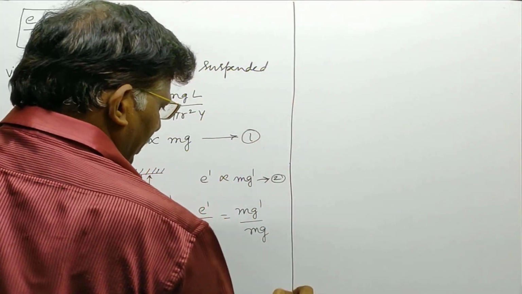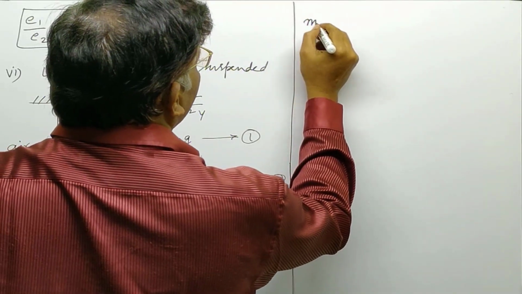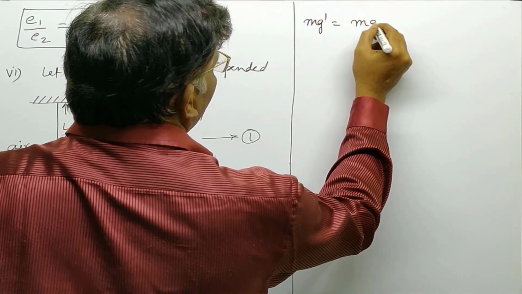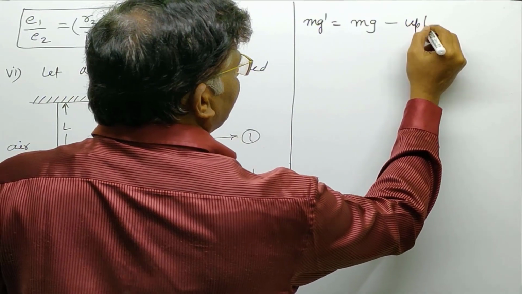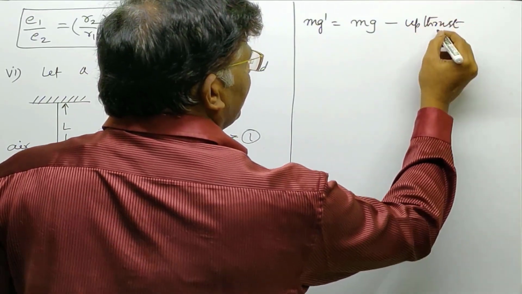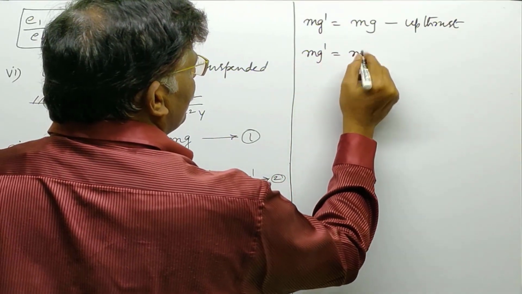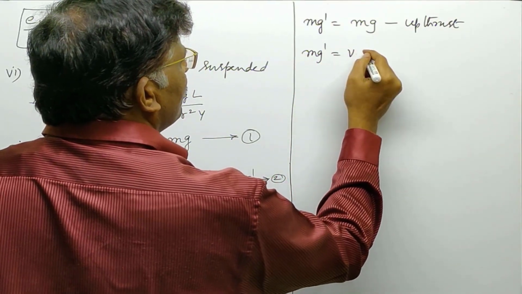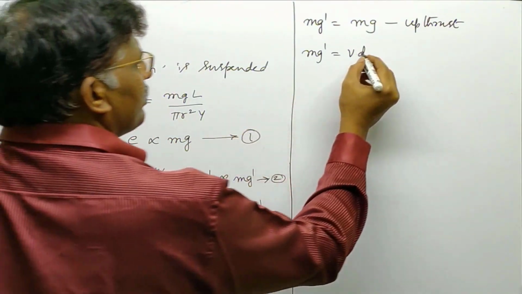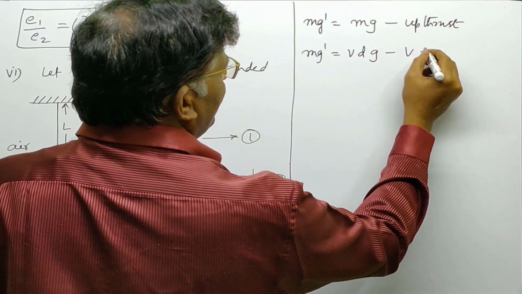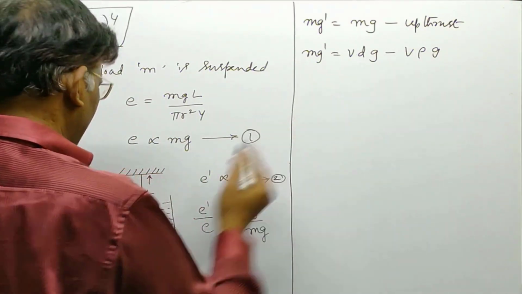But we know that the apparent weight of a body inside a liquid, that is mg dash, is equal to the weight of the same body in air minus upthrust due to buoyancy. Or mg dash is equal to, m can be written as volume into density of the material of the body, assumed as d, so v d g minus v rho g is the force of buoyancy or upthrust,